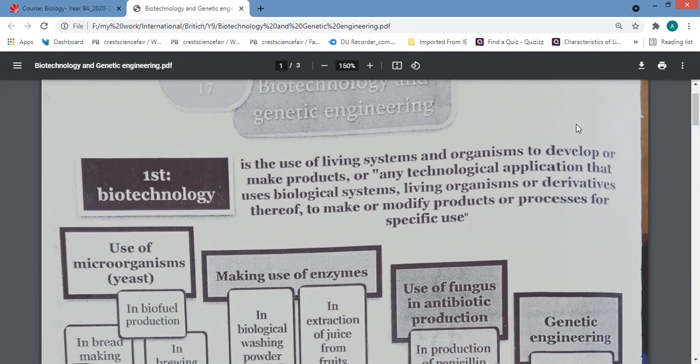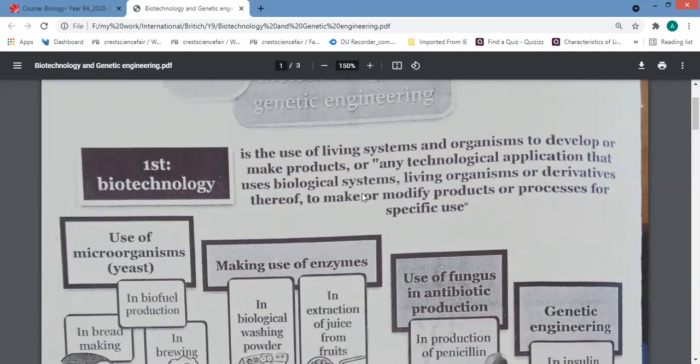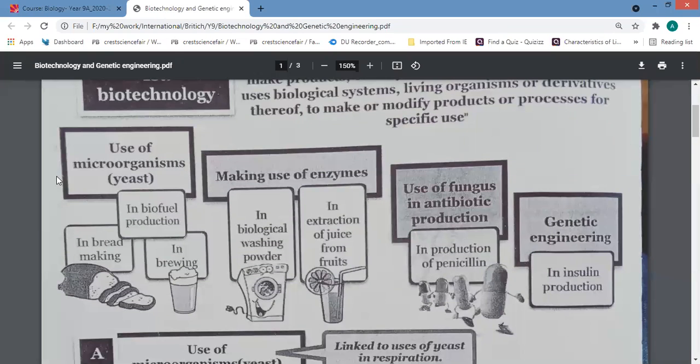Like what? Like using microorganisms like yeast in the production of biofuel, or brewing, which means the production of beer and wine, or in making bread, and the uses of enzymes